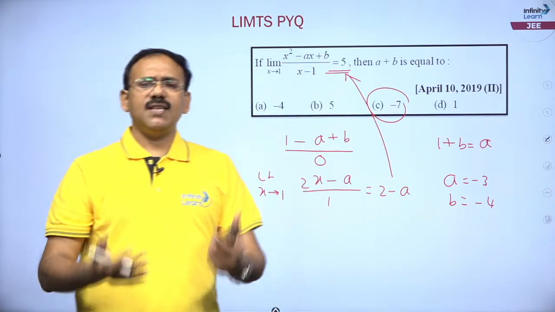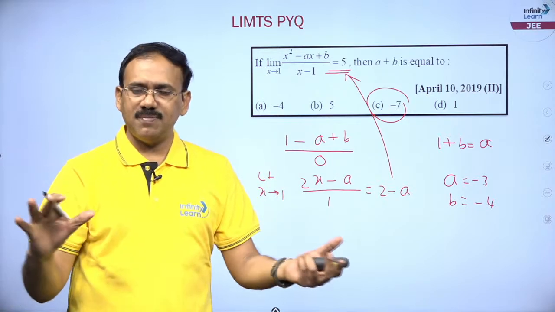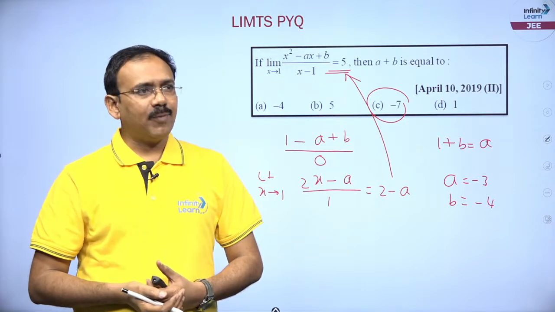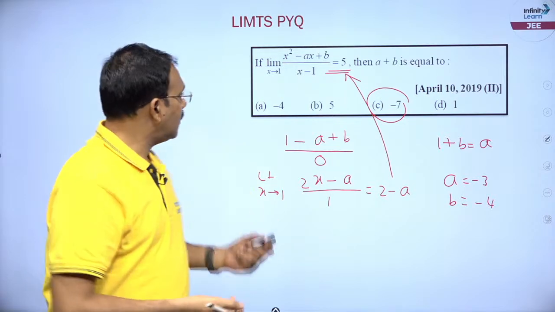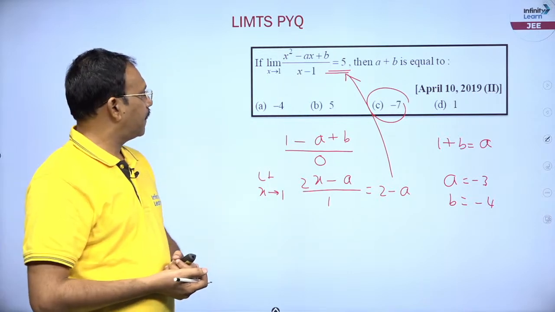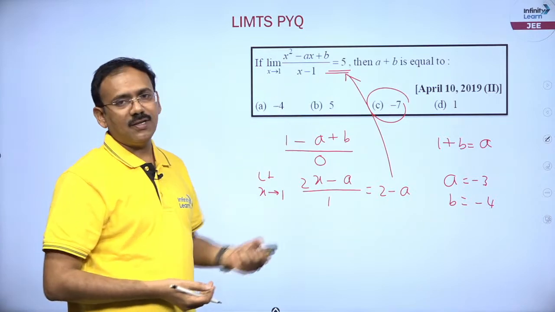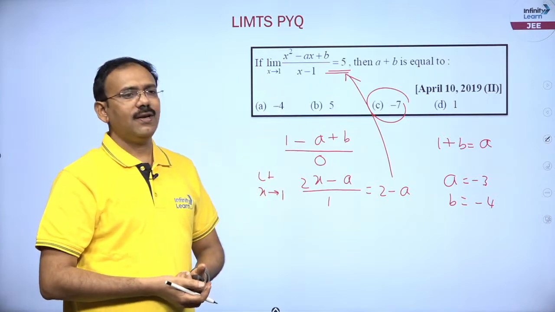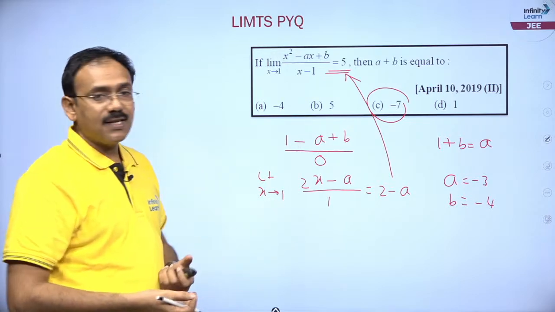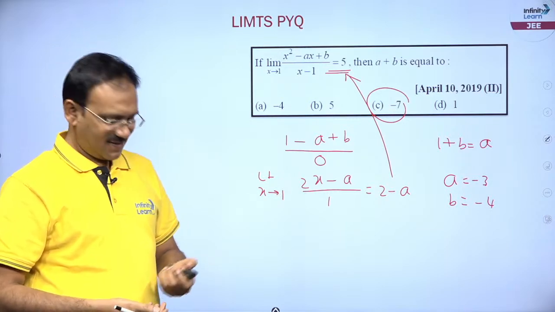This is a basic standard model which you can find in any standard reference material you take. Yes, solving limits, especially where unknowns are given, he will say the limit is finite, or sometimes the limit value will also be given, and we just find the unknown values, right? Clear? The next,